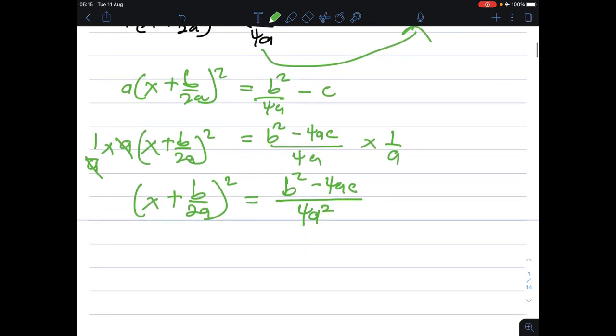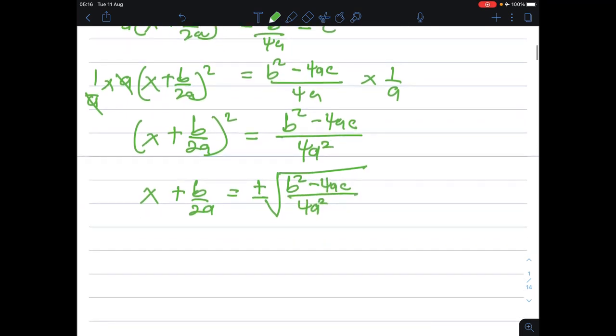Well, so when we take the square root, we will have plus or minus the root of b squared minus 4ac all over 4a squared. Well, this will give us negative b over 2a plus or minus root of b squared minus 4ac over